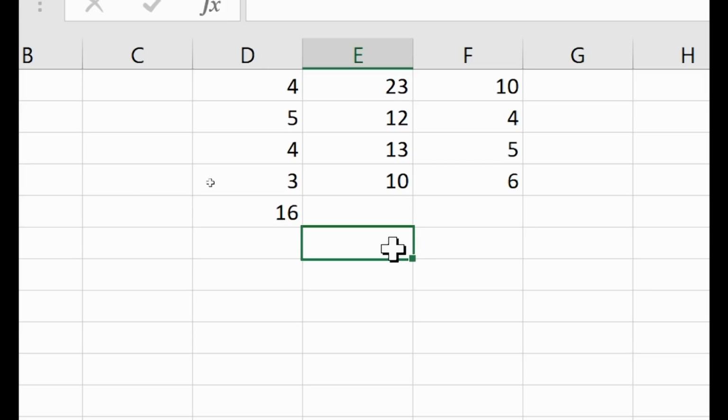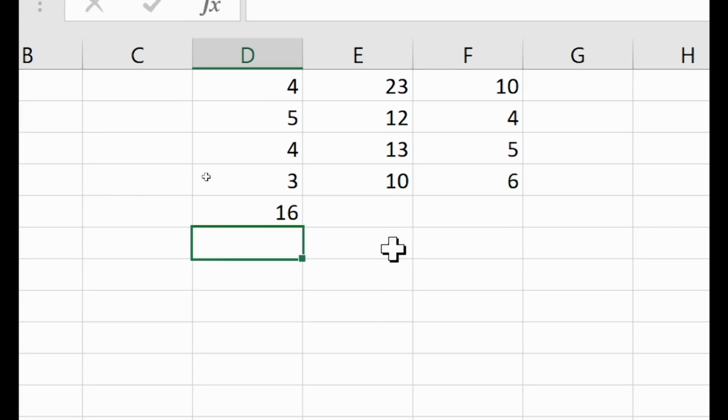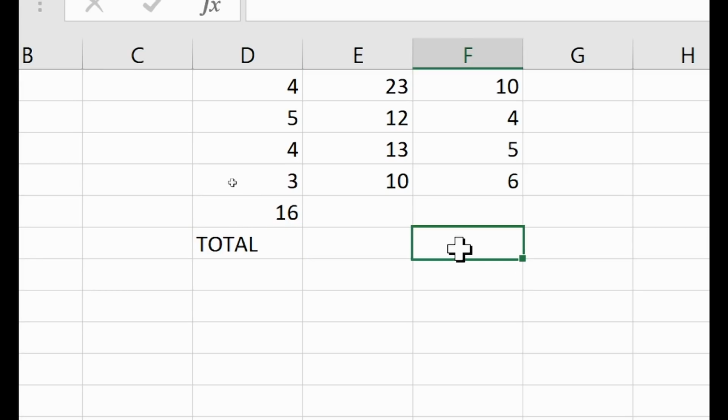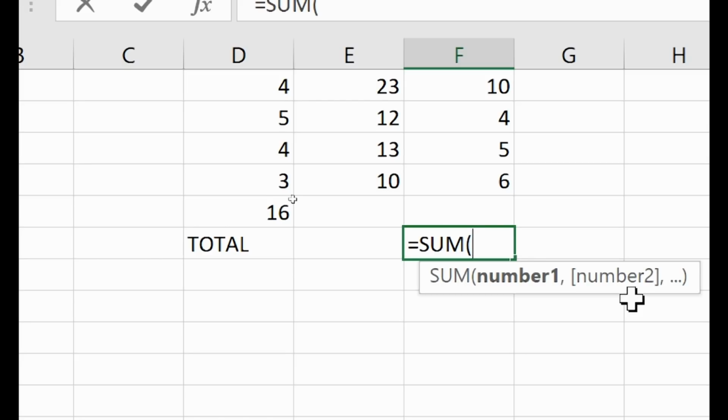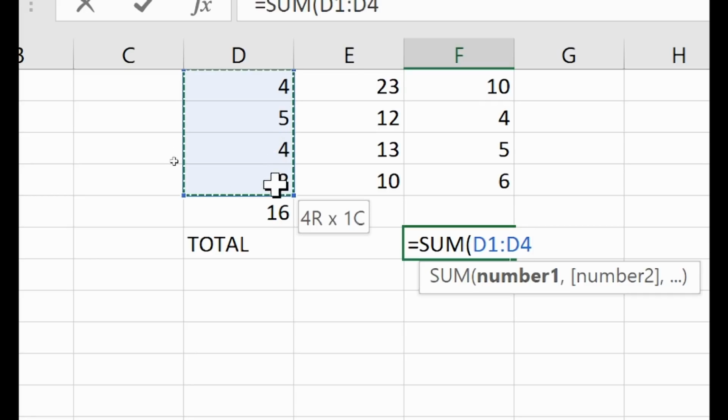If we are supposed to find their total, we can still call our sum function, begin with the equal sign, enter the name of the function, open parentheses, and watch this. I can highlight this range as my number 1 argument, bring my comma,